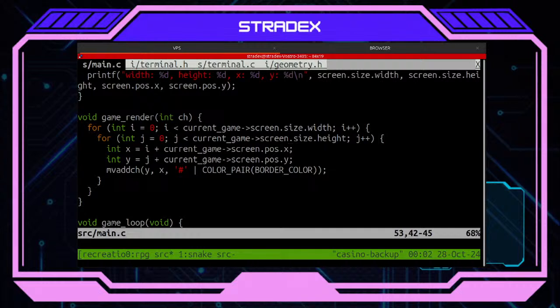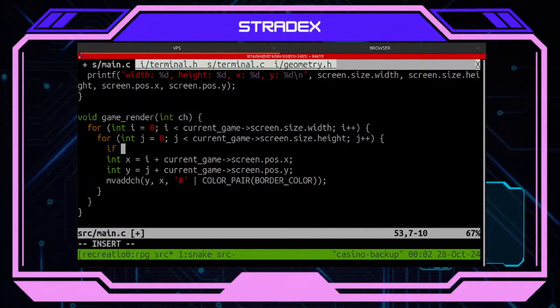No. What I want is that if UI equals... I wanted to draw it when UI is 0.